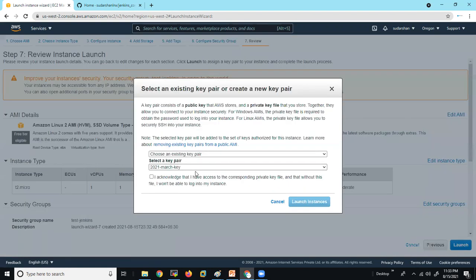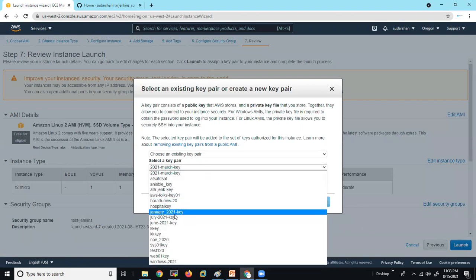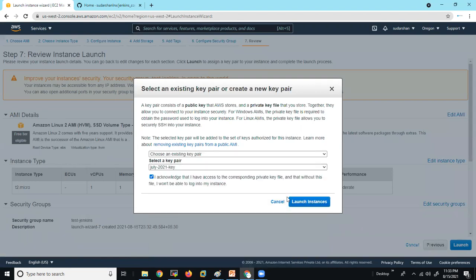Review and launch, and select your key pair.